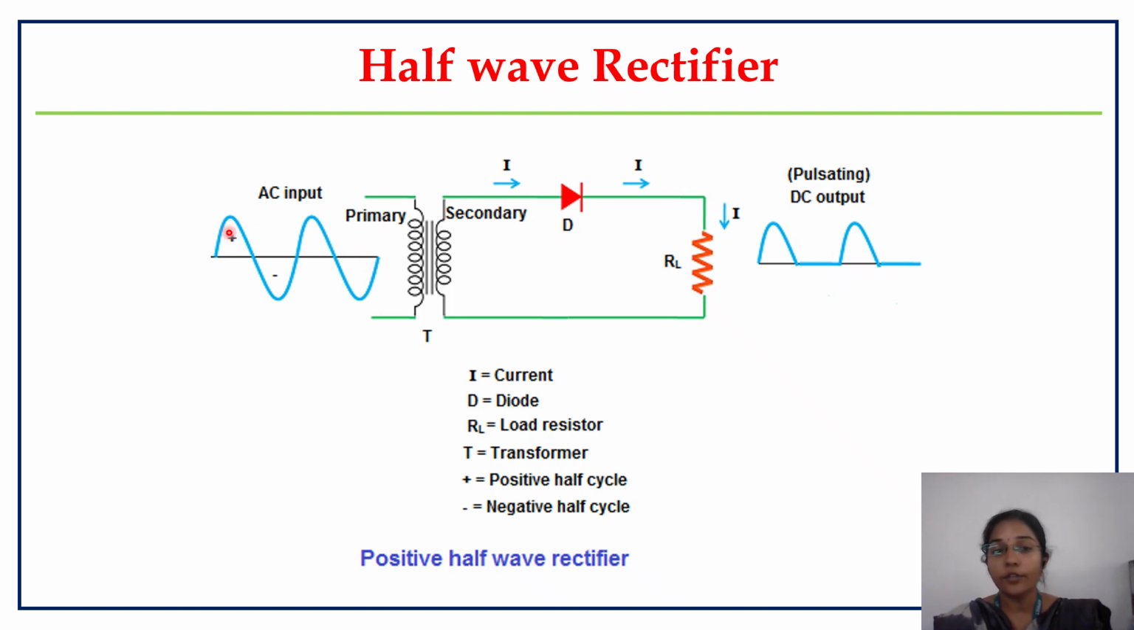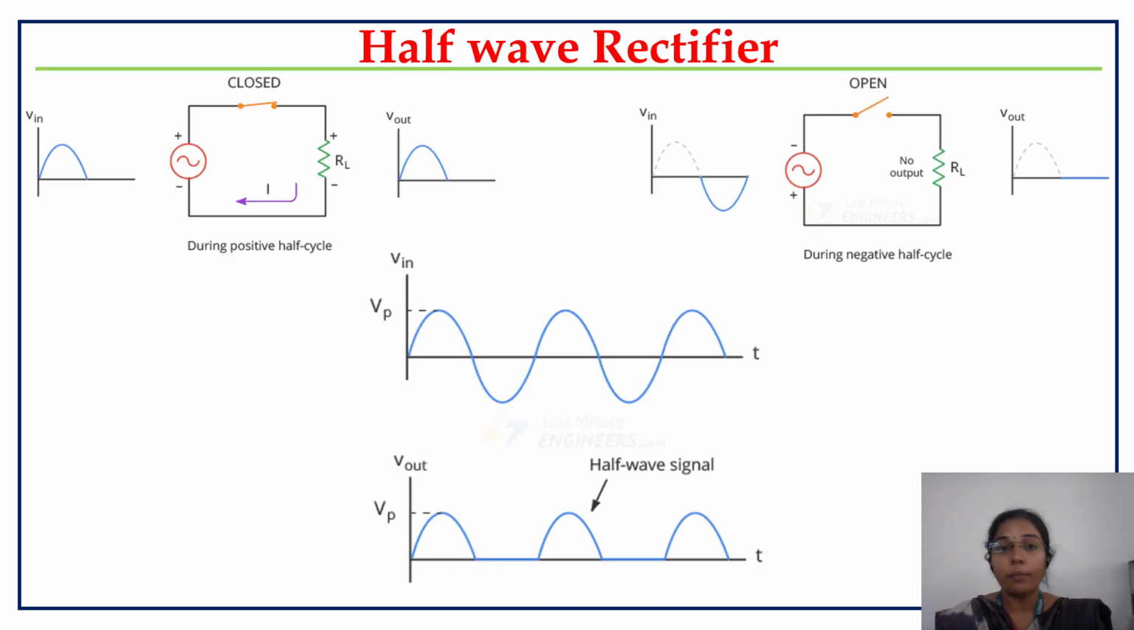So for the positive half cycle, I will be getting an output. For the negative half cycle input signal, I will not get any output. This is a simple explanation of the half-wave rectifier. Now, coming to see how this rectifier works,